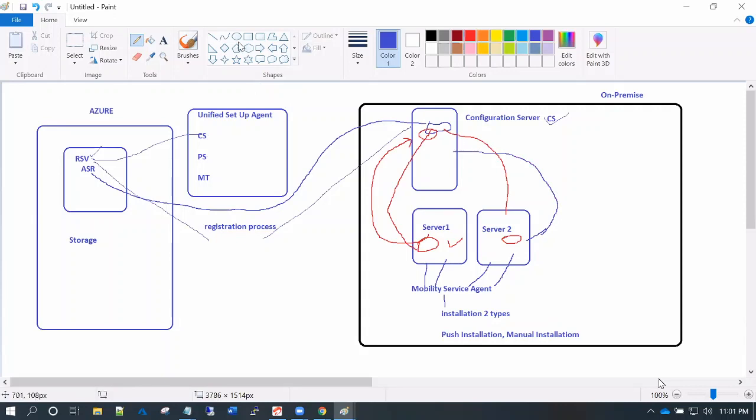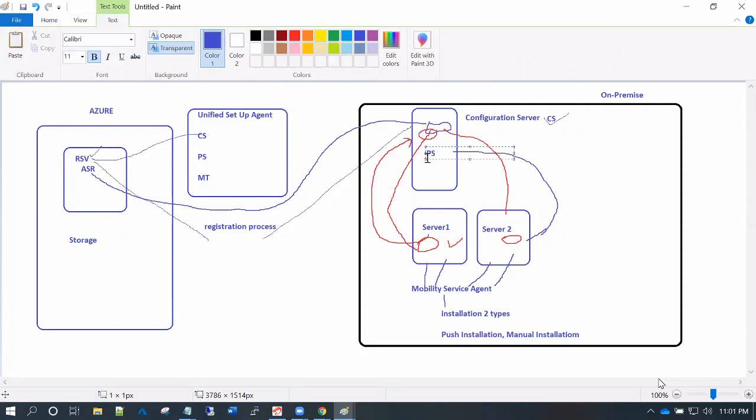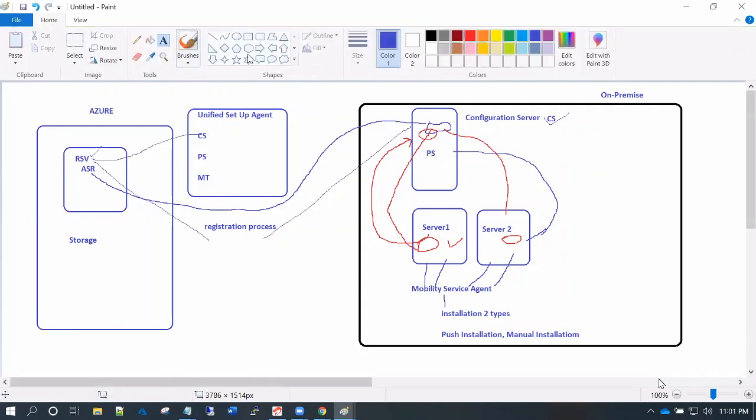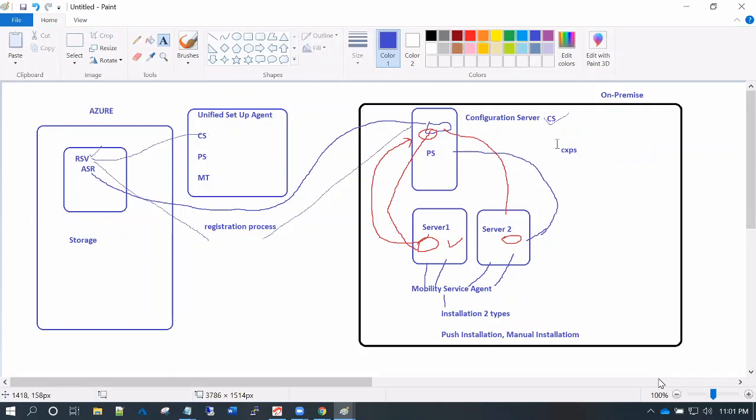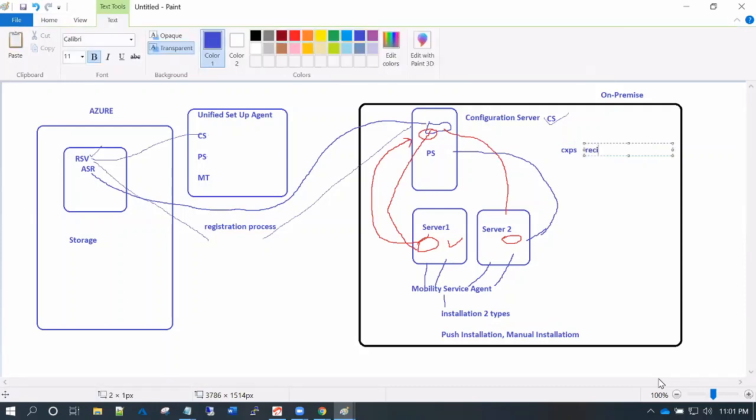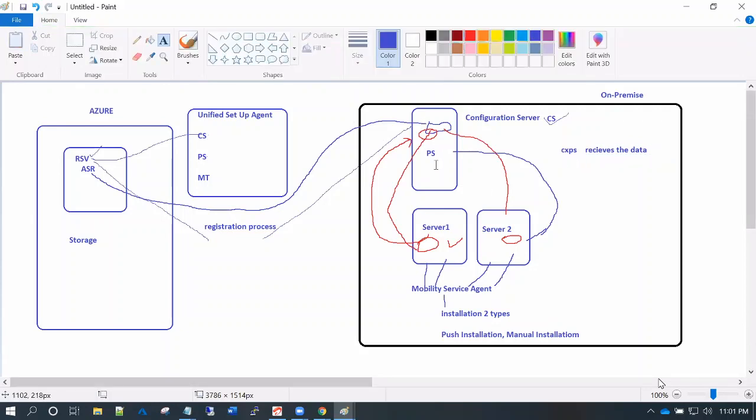In the configuration server, we have a few services like, as mentioned, PS, process service, right? So process service has a binary called CXPS, okay? Which will receive the data from each and every source machine. Once the data has been received, the data will be encrypted and compressed.